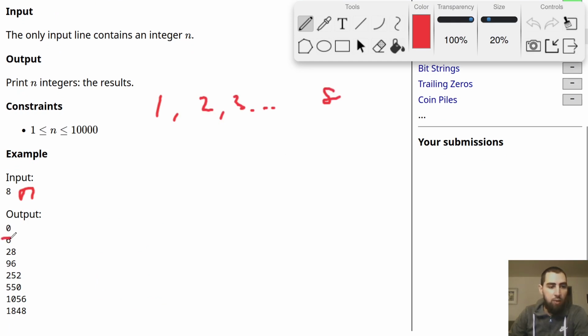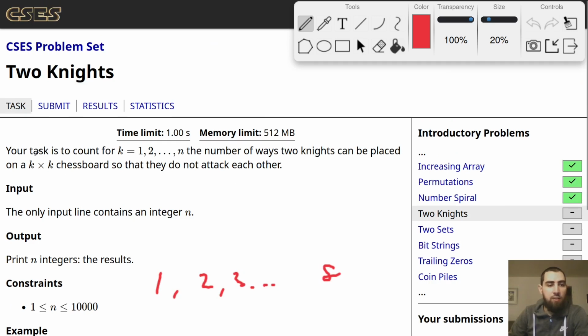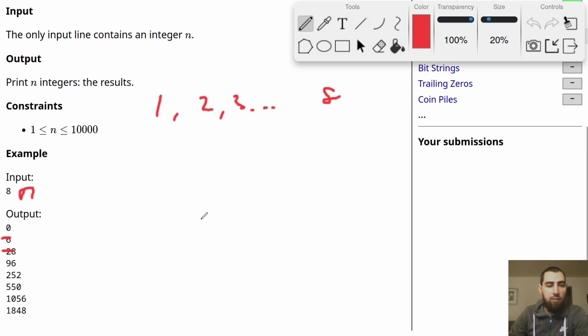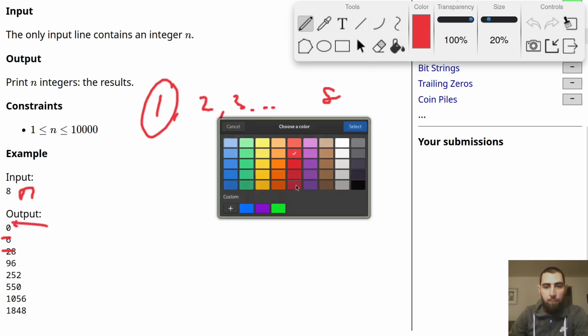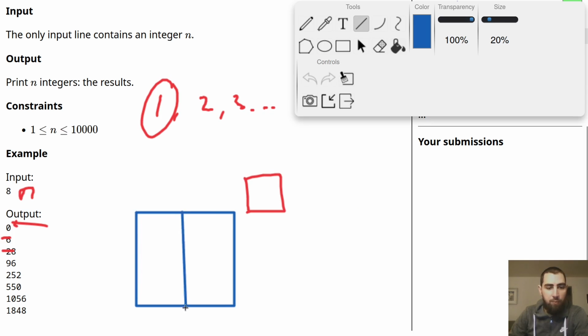In each iteration we check for the possible combinations two knights can be placed. For example, if we have a 1 by 1 chessboard, this would be a single square. It's not possible to place two knights on a single square, so the output will be 0. Now, if we have, for example, over here, a 2 by 2 chessboard,